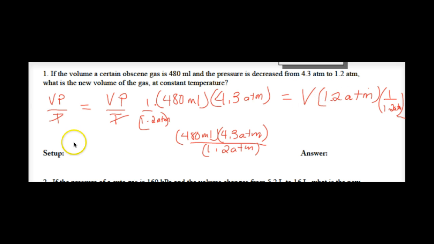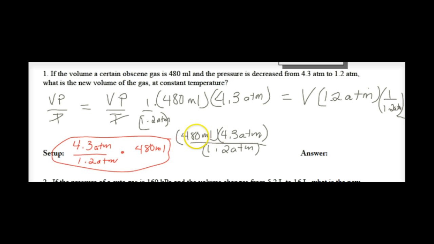So the best way to do that and represent that is to get in the practice of writing the setup. And the way to do that is put the two things with the like units together. So you put 4.3 atmospheres over the 1.2 atmospheres, and you show that you're multiplying it by 480 milliliters. And that right there will get you the points that you need to answer the questions when they ask you to